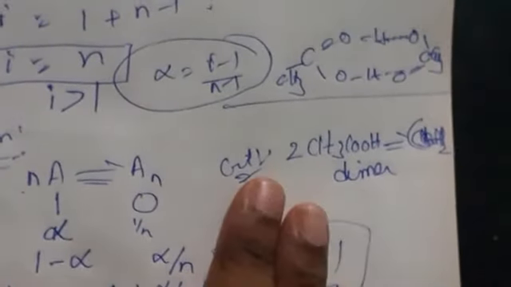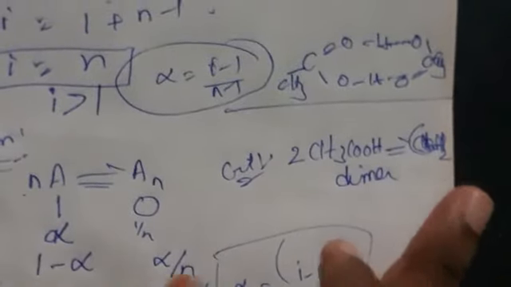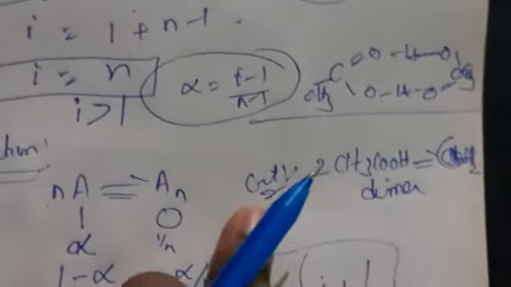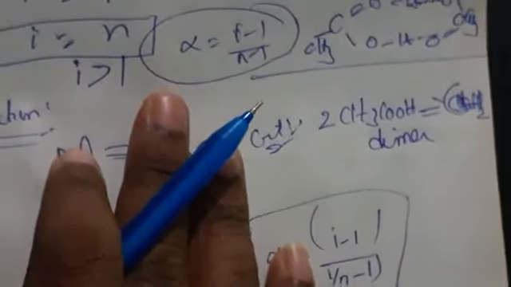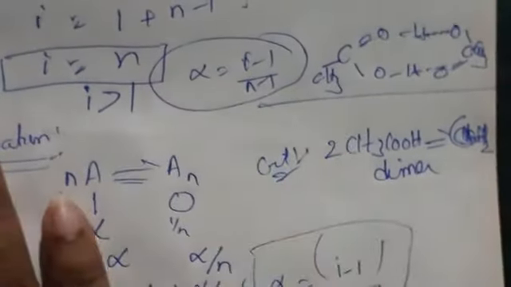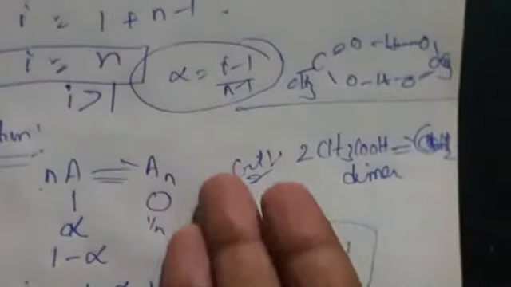If 3 molecules form, it gives a trimer. If 4 molecules form, it forms a tetramer. What happens here is that it decreases the colligative properties, meaning it does not give higher values of the colligative properties. This is the example. So this is about the Van't Hoff factor and colligative properties of electrolytes and non-electrolytes and abnormal molecular mass. By this the solutions topics are completed, and from Monday onwards I'll start electrochemistry. Thank you.